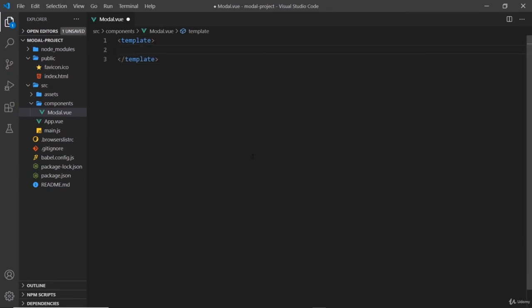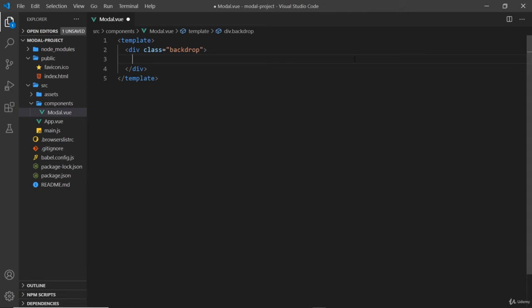Now it's just going to be a div, and it's going to have a class equal to backdrop first of all, and this is going to be the backdrop behind the modal. So you know when you have a modal popped up on your screen, it fades the background out. That's what this backdrop is going to be. We're going to make this kind of like a semi-transparent dark grey or black, and that's going to go behind